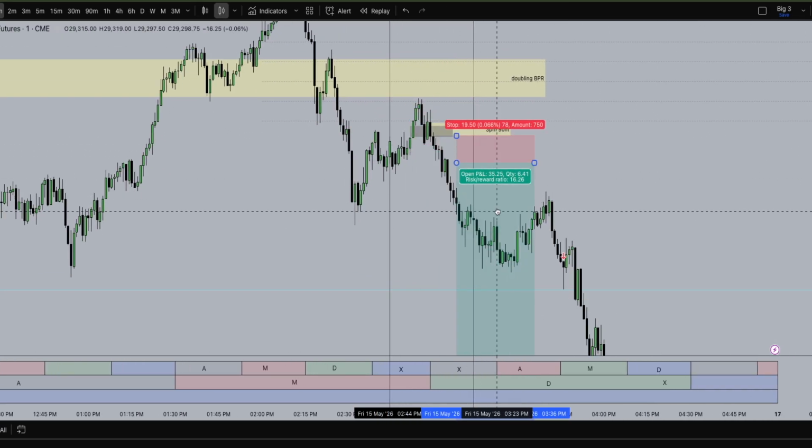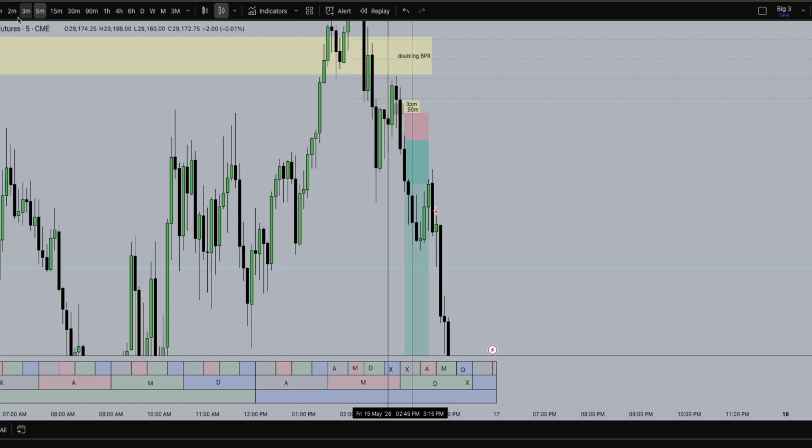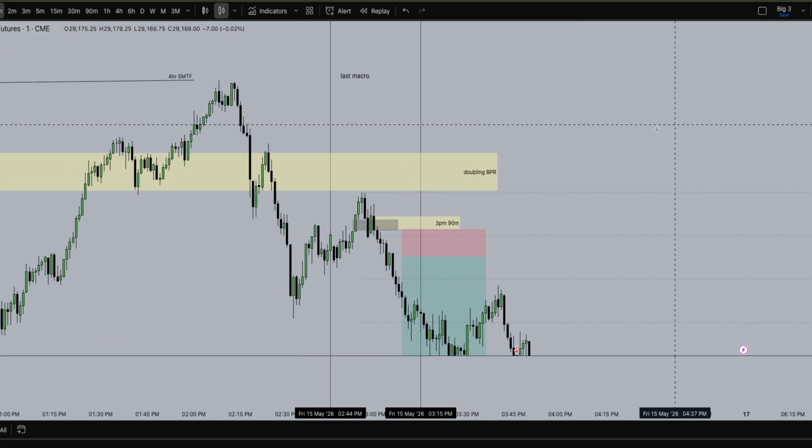Anything in this light down, really you'd have to wait for a higher time frame PO3 close. If you got in on this retrace that we graded just now, anything in that re-entry, if you were late to it, we ideally want to trade in that macro time, and the macro time is